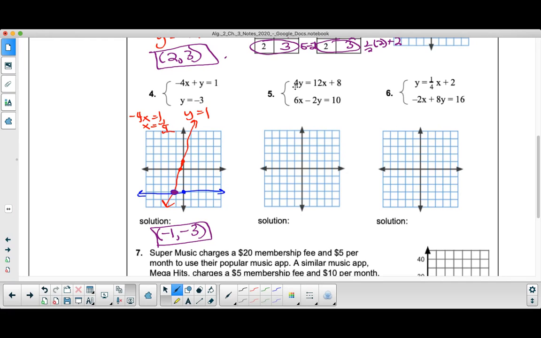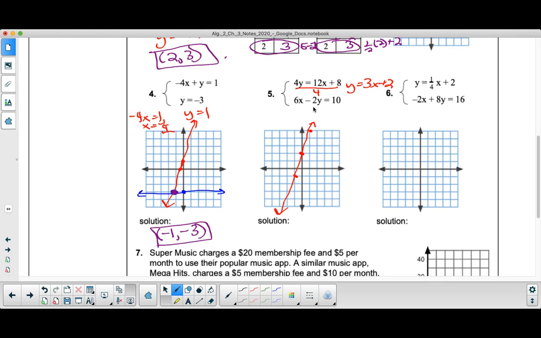So for number 5, we're going to start by dividing everything by 4 here to get y equals 3x plus 2. All right, to graph that, our y-intercept is 2 and our slope is 3. So up 1, 2, 3, right 1. And then that point would be down there. All right, something like that. And then our next equation,